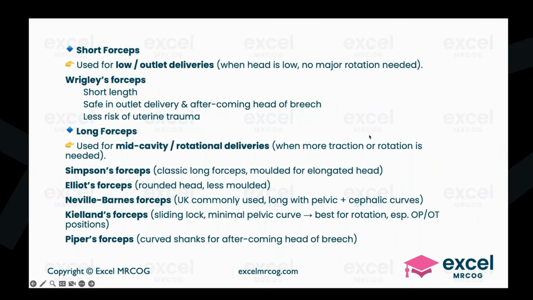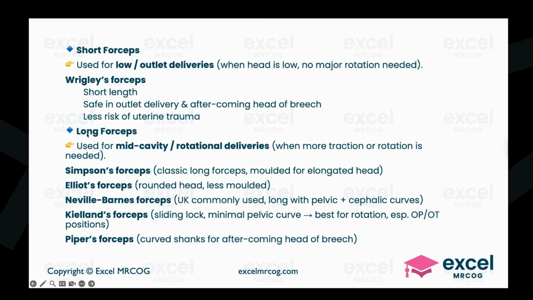Now, another thing which comes up is they will ask which instrument, and give names of instruments at times. So you should be aware of what ones can come up. Wrigley's is the short one. Remember W for W in the ward for Wrigley's, and low and outlet deliveries can be done in the ward. So Wrigley's can be put in the ward, it's a short length one, safe for outlet, and after-coming head of the breech can be done with it as well, with less risk of uterine trauma. But longer forceps will be